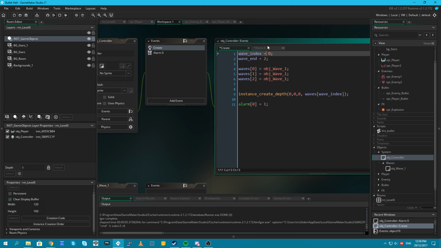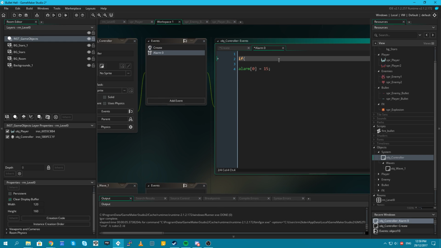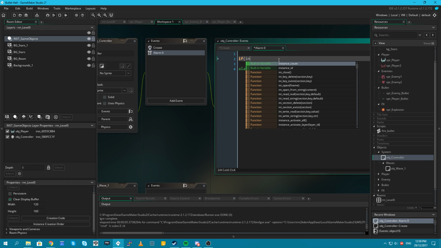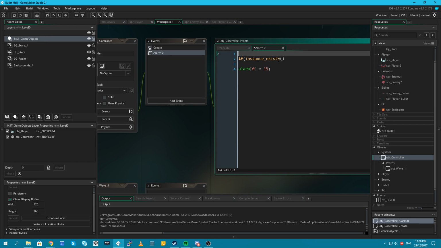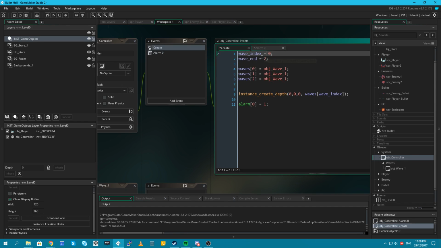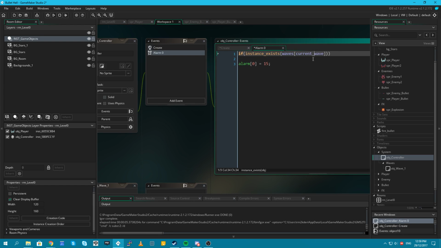And we'll say maximum wave end equals 2. So then we'll say if instance exists, waves, current wave. Is that what I called it? Wave index, sorry. Alright, so if instance exists, waves that.